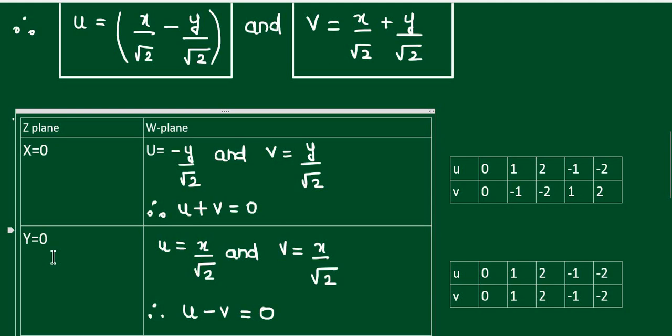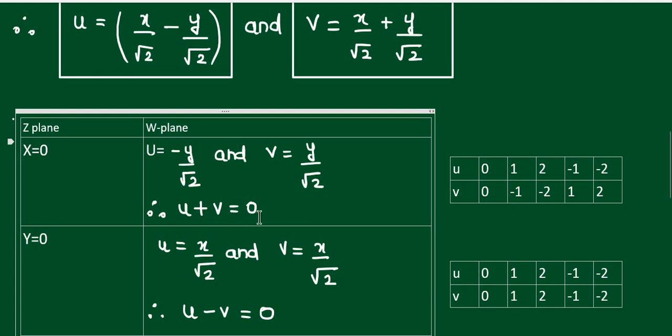Similarly, put y equal to 0 in these equations. You get u is equal to x by root 2 and v is equal to x by root 2, but still we have x in these equations. That is the reason we are going to subtract these equations, then you get right hand side equal to 0. So, x is not there in this equation, also y is not there in this equation. Now, you have to plot this line only, then you will know how to draw the diagram.